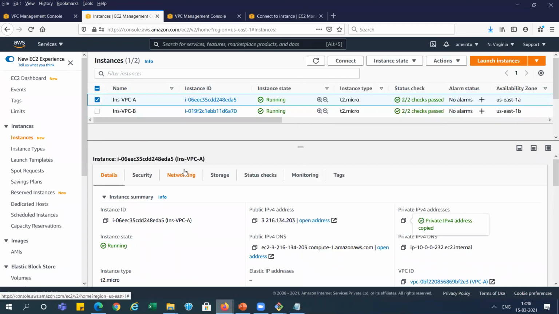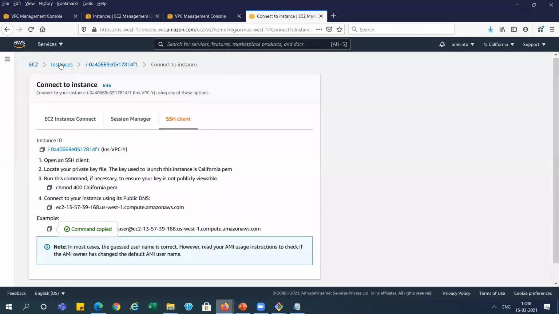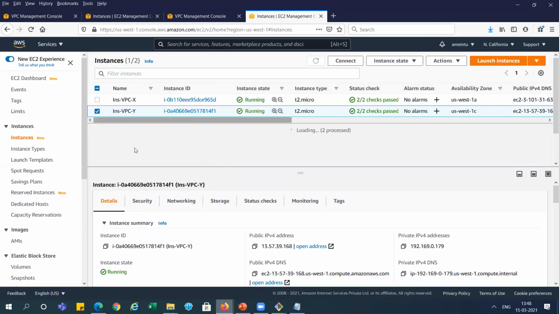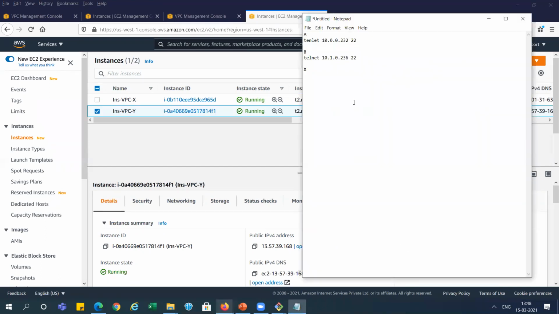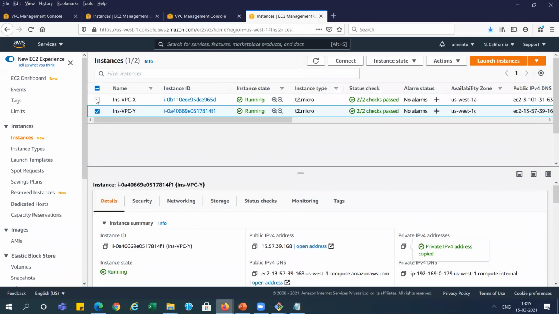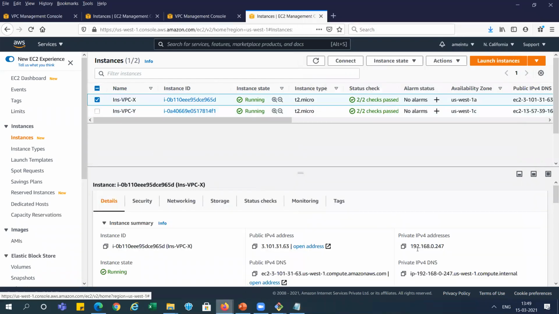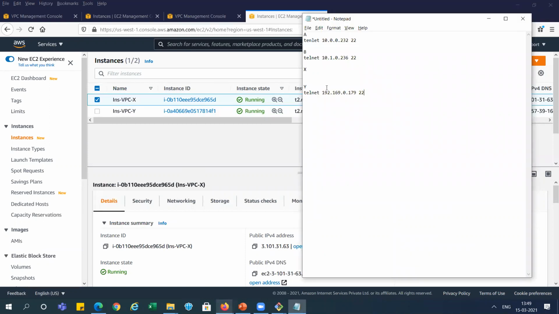So for X we need to go to the other region, right? So this is the region instances. You can see here this selected Y. So it means we will get the Y. This is the private IP for Y. So I'm writing here 10.22, right? And for the X, you can see here, this is copy, you can copy here.